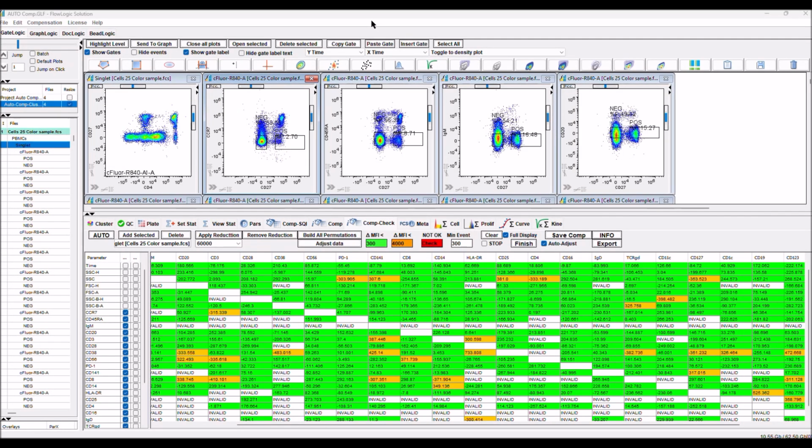Now that we have completed the comp check and adjustment for all the 4 files, we have to check one file per time and verify that compensation is built correctly. So manually we did build our permutation. For all, we built manually permutation for all. We check, we have some